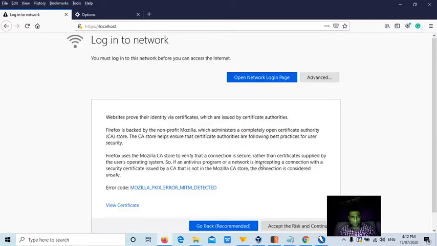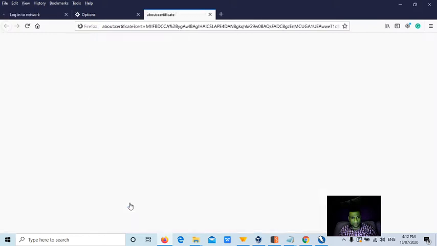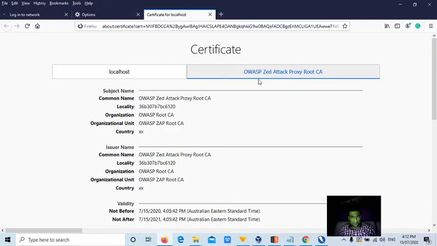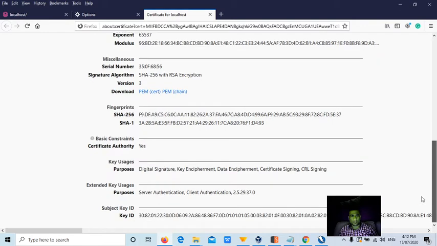Proxy is advanced. Man in the middle attack detected. Okay. Accept risk and continue. OWASP ZAP proxy certificate something.